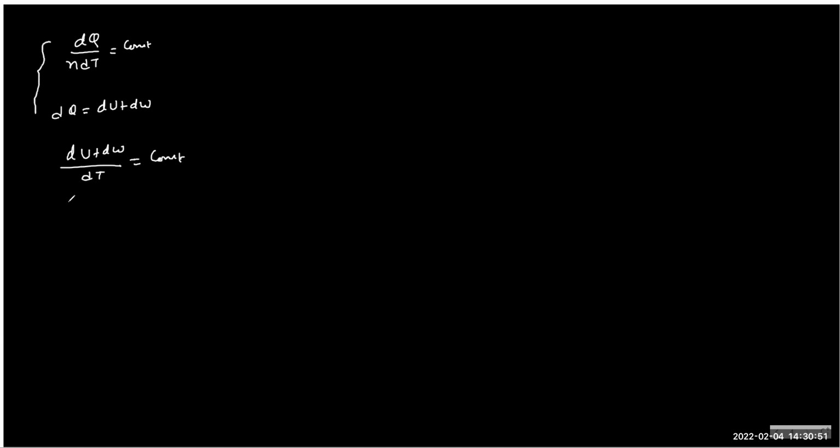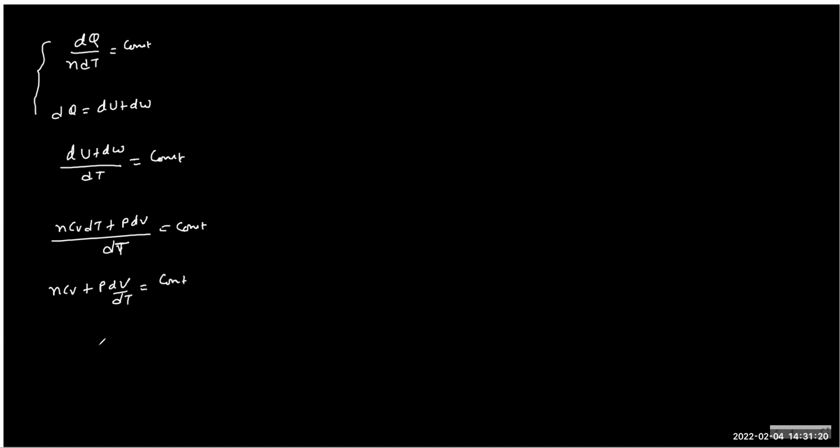You can use these two equations, and dU you can write as n Cv dT and P dV upon dT equals some constant. And if you write further, n Cv plus P dV by dT is again a constant,